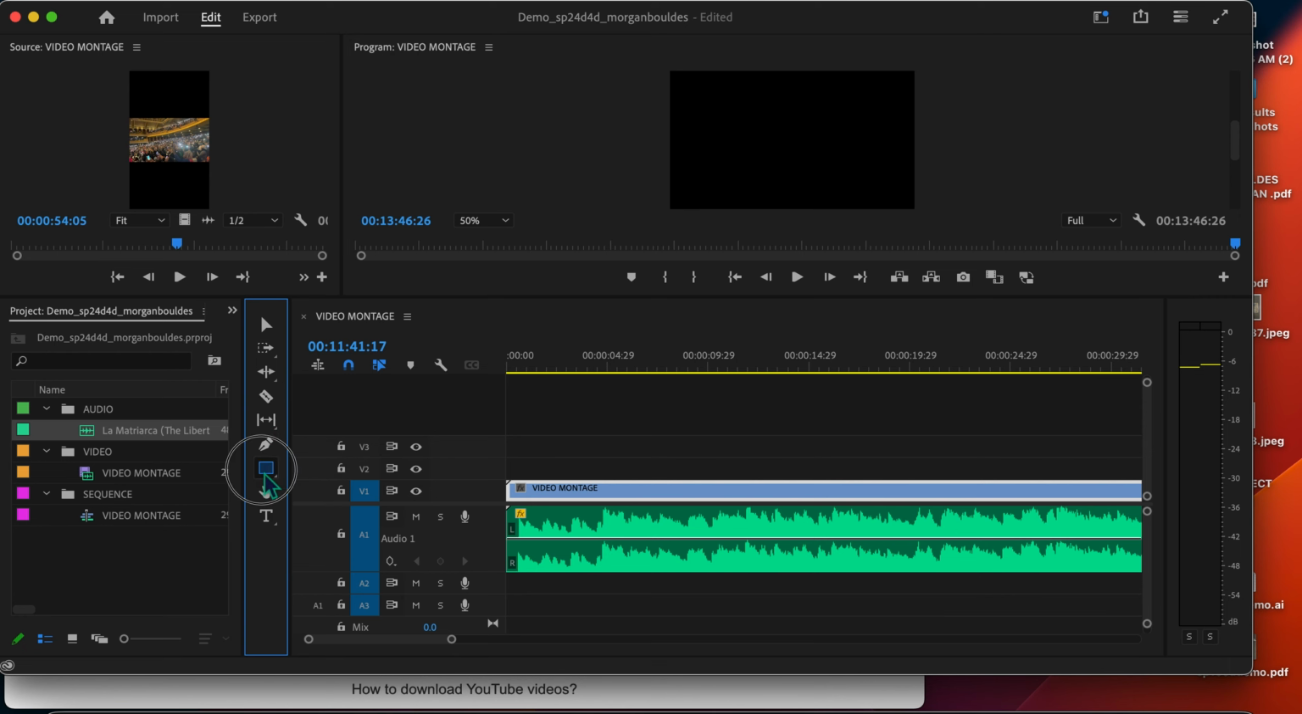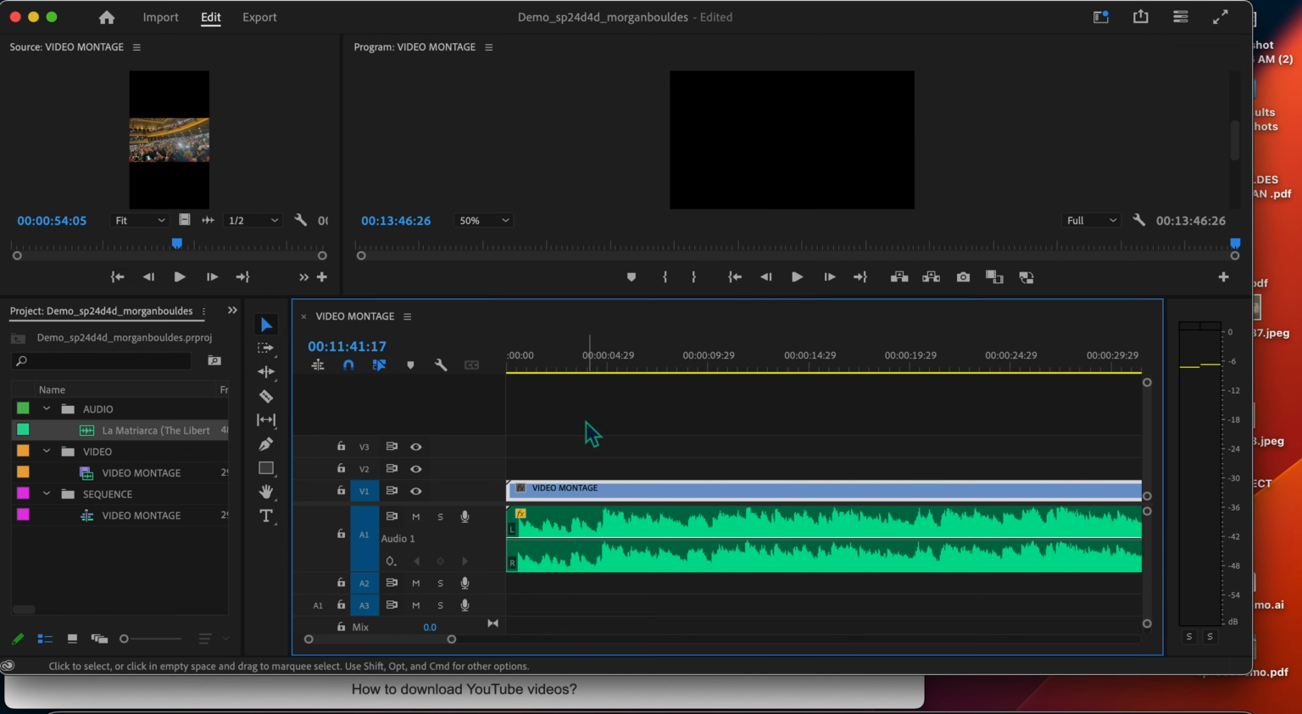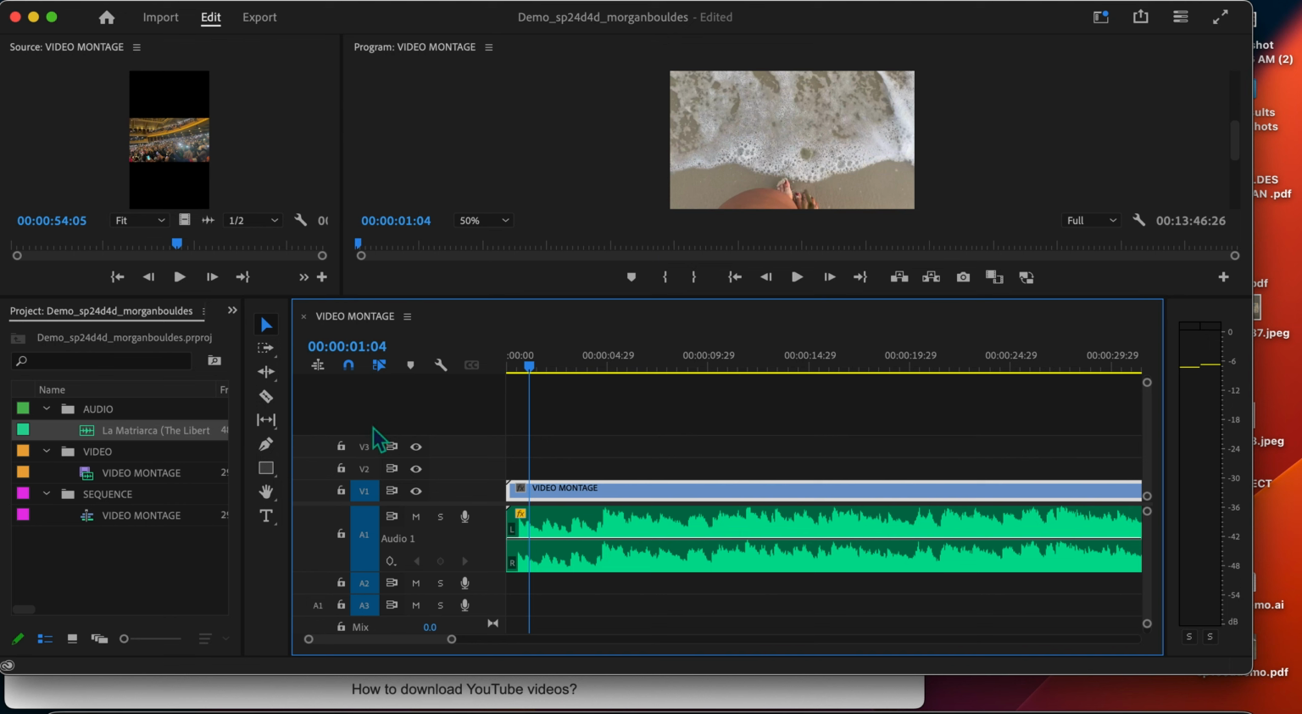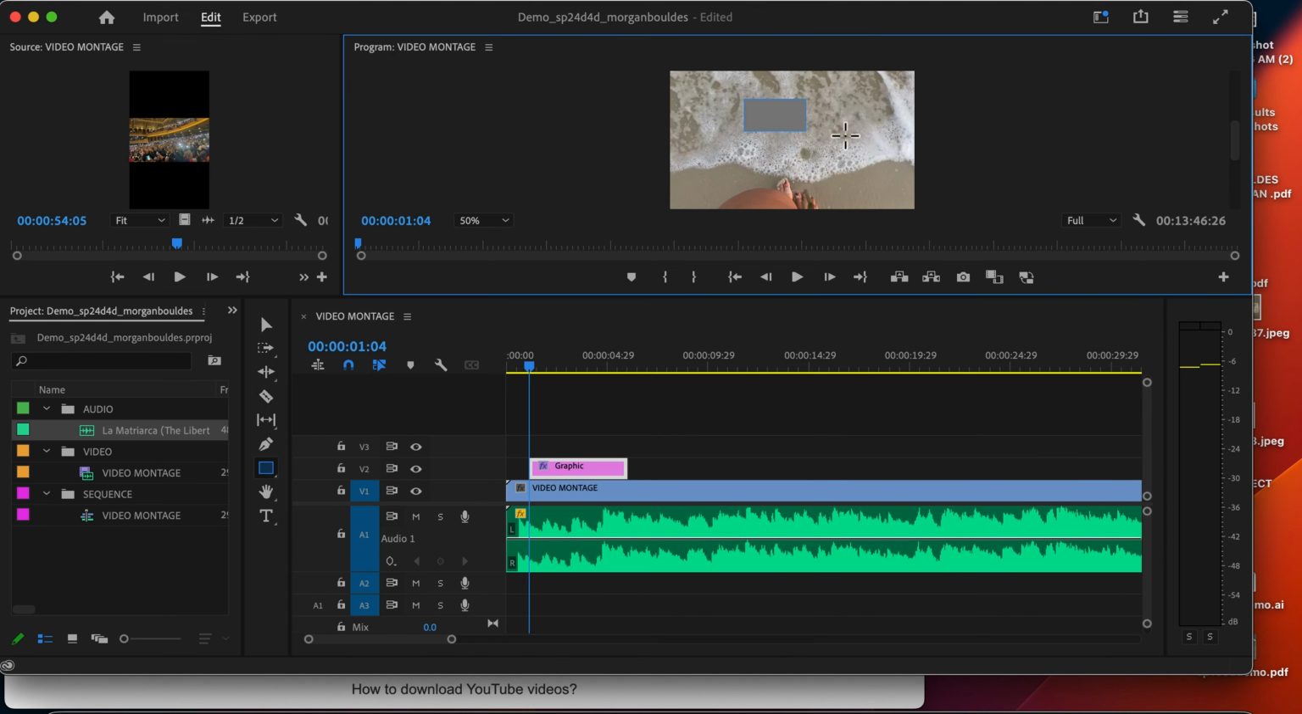Rectangle tool. So if you wanted to draw shapes over your frame, you could do that. I don't see why you would at this point, but you very well could do that. We're going to get rid of it by hitting Command Z. So that just goes over the basic tools. Okay, now,